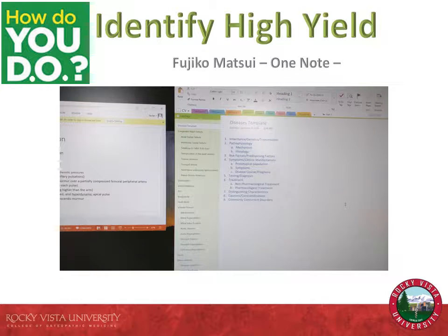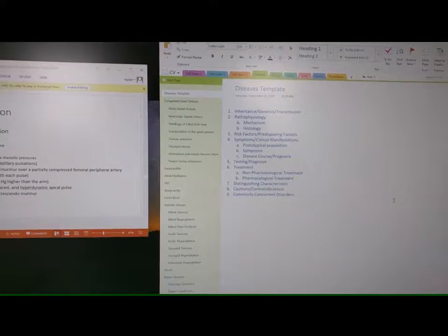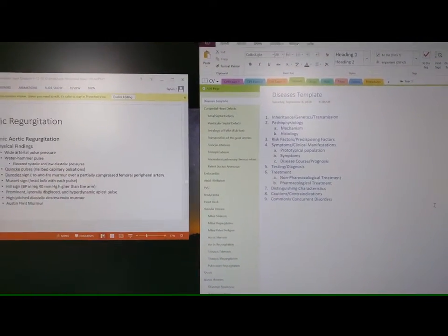Fujiko uses OneNote to gather and organize the different information for certain systems, parts, whatever it might be, topics, so that she can then study the topic all together as a high-yield topic rather than individual components of that topic. This is how she does it. So instead of studying by